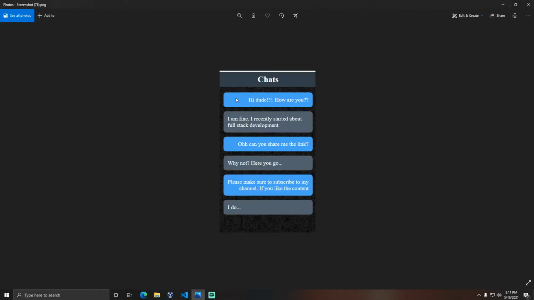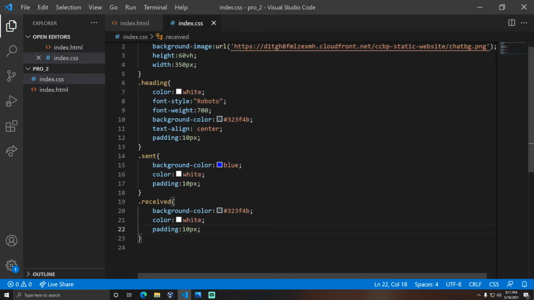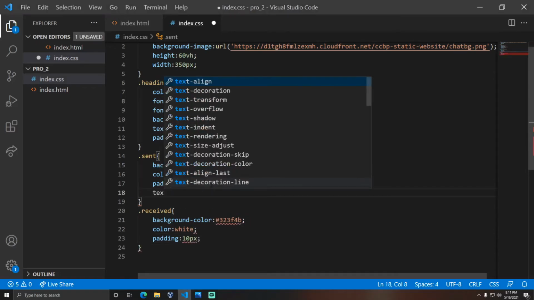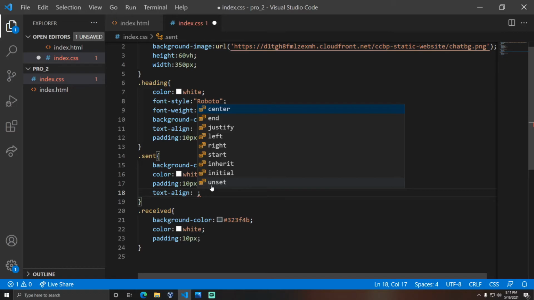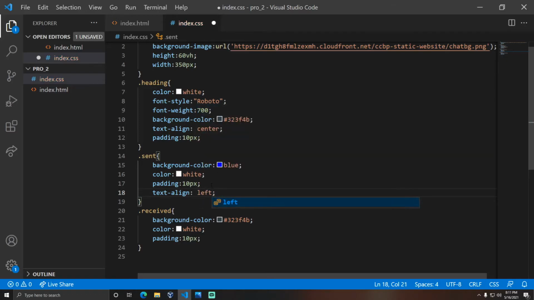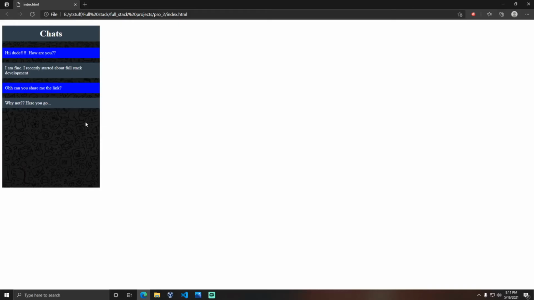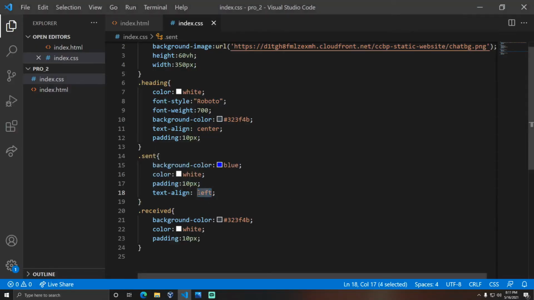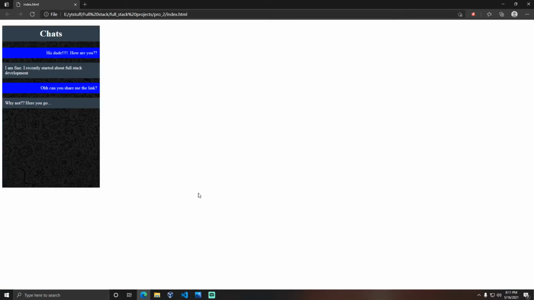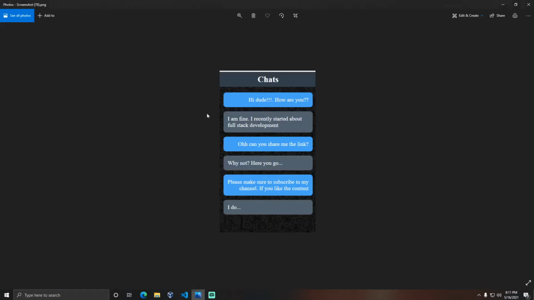But here you can see that the text from the sent messages has been aligned somewhat right and somewhat left, alternatively. So in order to achieve that, you can use the text align property, like text align left or right or center. Here you can use those property values in order to achieve it. Or text align right. See, now the sent messages have the text aligned towards the right. But here we did not achieve the color exactly, so you can put any color you want to design with.